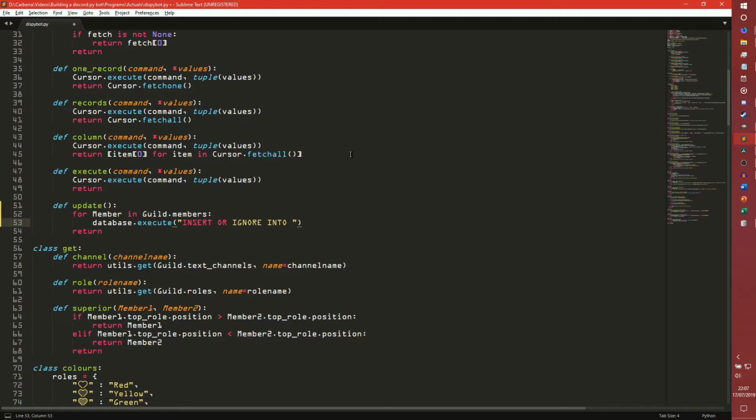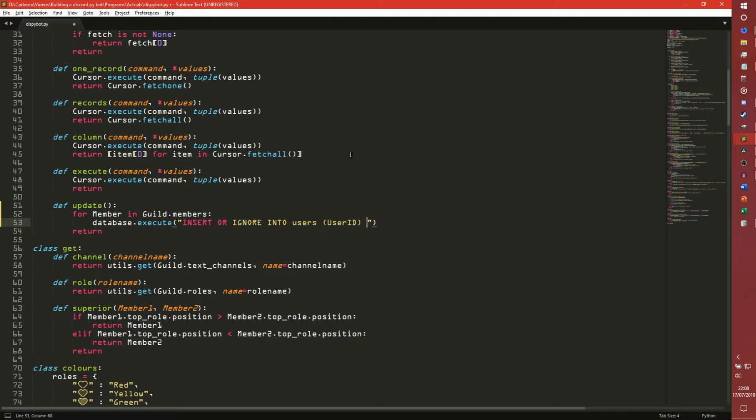Essentially insert or ignore into is: if that record already exists, it'll just skip it, otherwise it'll insert it. So it saves me having to do a bit more logic in Python, really,